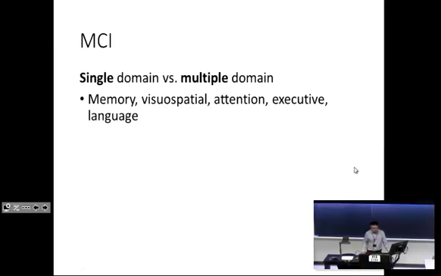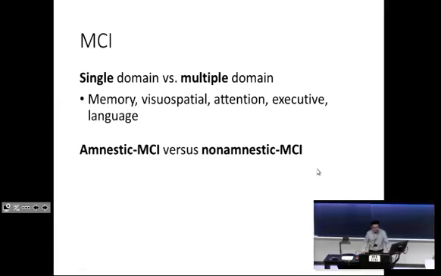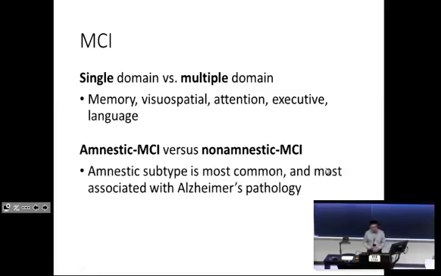So MCI, single domain versus multi-domain, this is something they talk about as well. These are the 5 main cognitive domains. I don't put social cognition, which is identified in the DSM-5, only because that's not usually the parlance that we use in neurology, but those are all relevant. And you can have either amnestic, when memory is the primary domain that's affected, versus non-amnestic, when it's one of the other 4. And the issue with making that distinction is that amnestic MCI in the epidemiologic studies generally correlates with the greatest risk of conversion to eventually having Alzheimer's dementia.